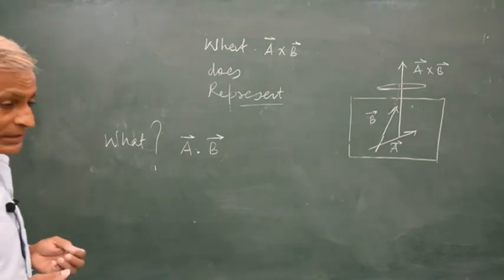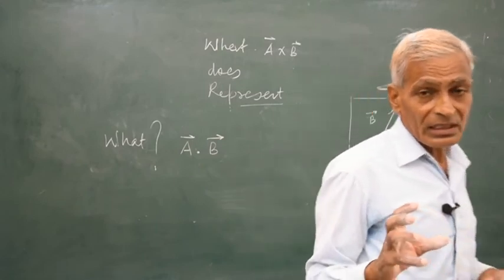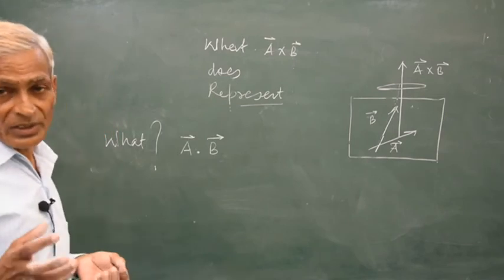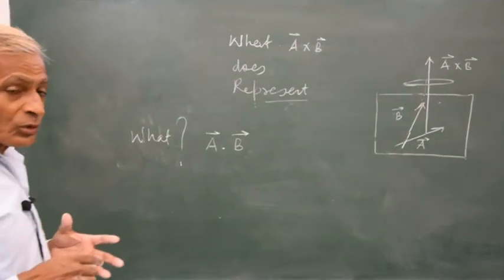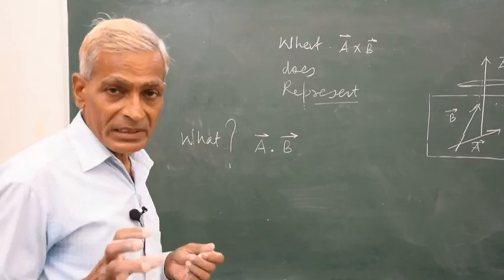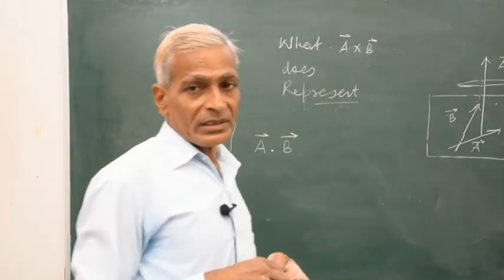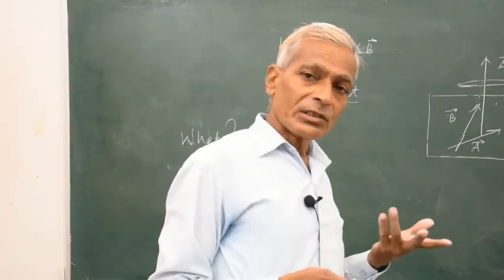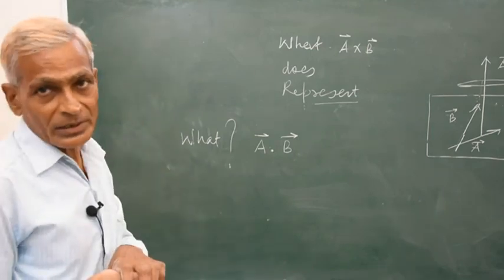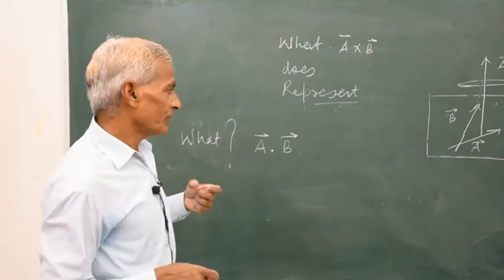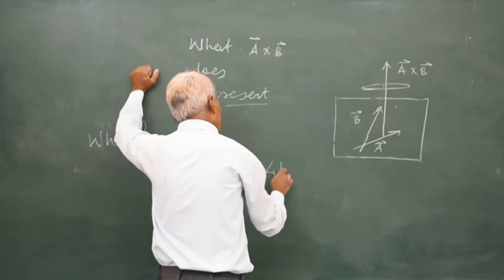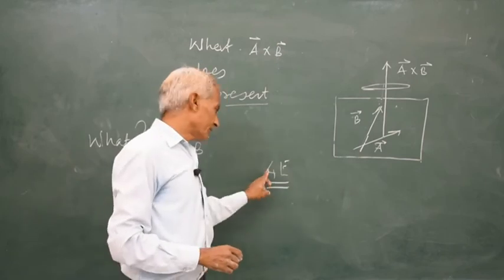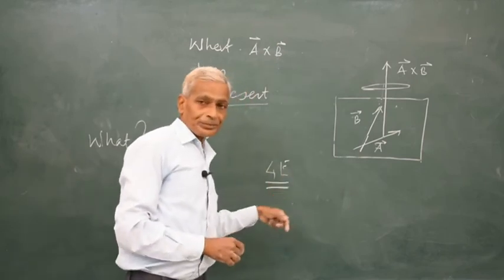So scalar quantities have only magnitude, direction is not there. For example, mass, volume. And vector quantities are those quantities which have magnitude along with direction. जैसे 4 kilometers in east, so there is direction also and magnitude is also. 4 is the magnitude and east is the direction. So in this way you can write 4 kilometer east. Therefore it is a vector quantity because magnitude is there and direction is there.